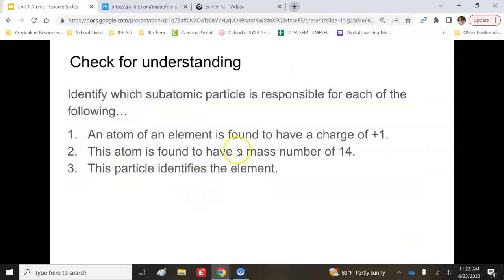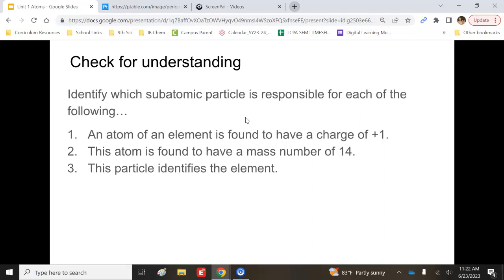So a quick little check for understanding. Pause the video and try to answer these questions. All right, hopefully you have an answer written down for these. We are identifying which subatomic particle is responsible for each of the following. Number 1, an atom of an element is found to have a charge of